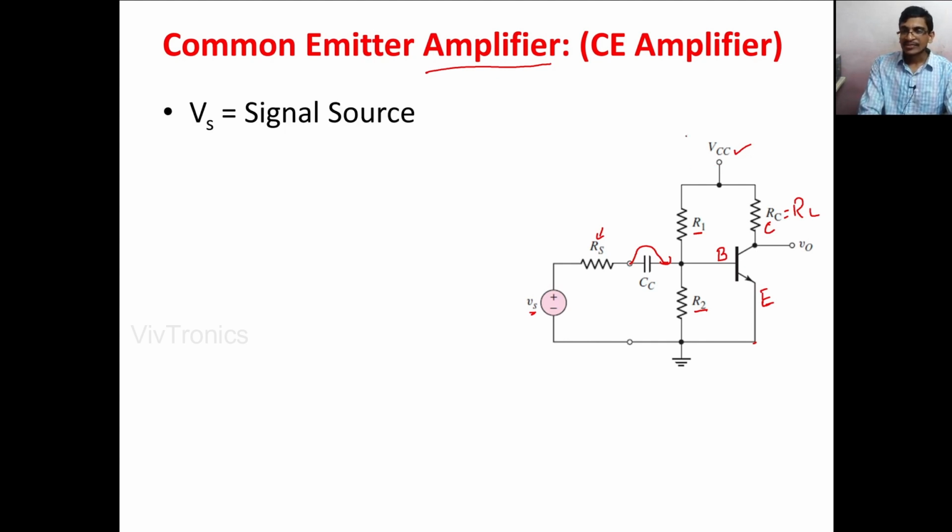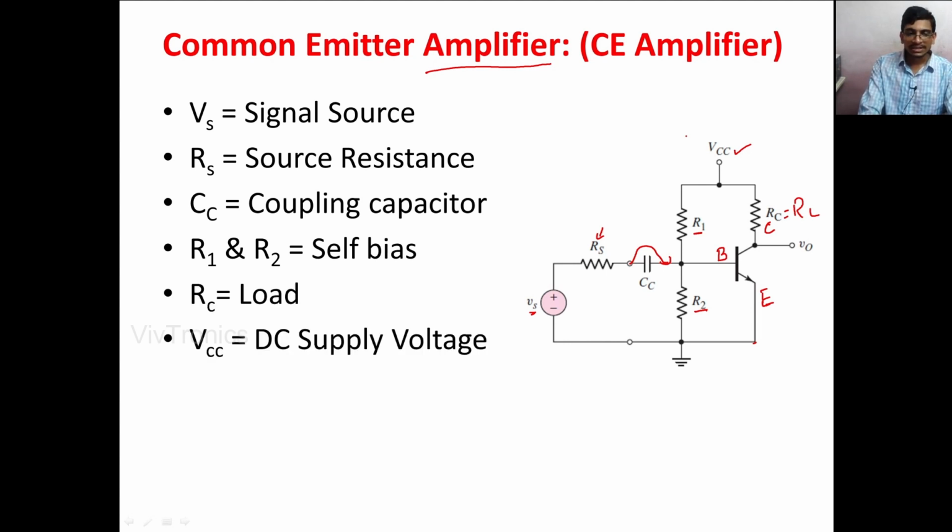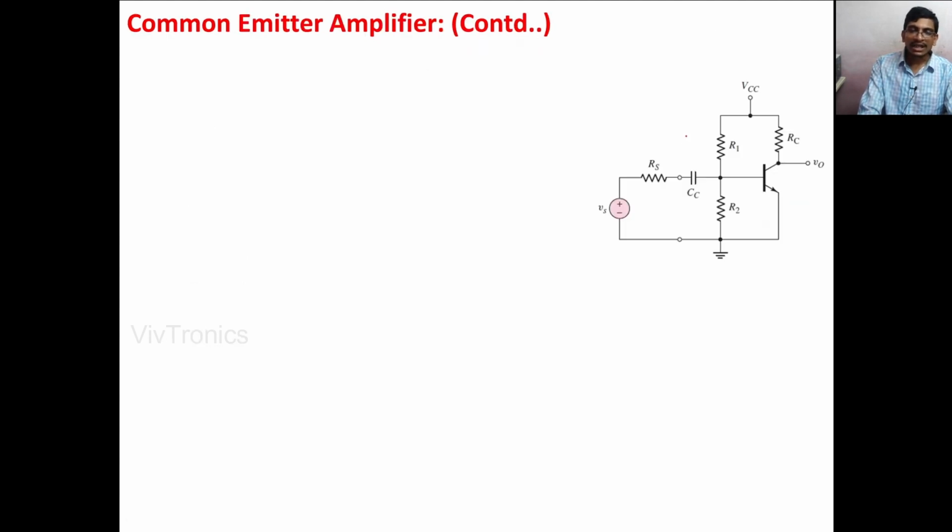Let us see: Vs is the signal source, Rs is the source resistance, and Cc is the coupling capacitor. R1 and R2 form the self bias, Rc is a load resistance, Vcc is the DC supply voltage, and V0 is the output voltage. Now we are going to do the analysis on this circuit so as to get the voltage gain of this